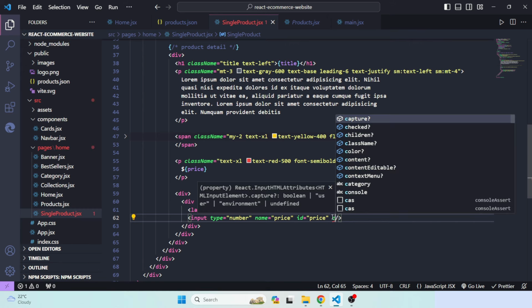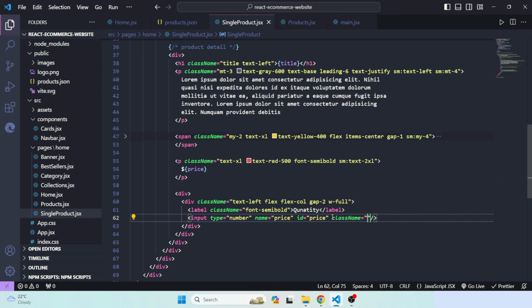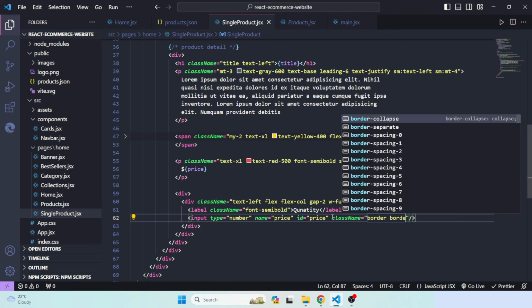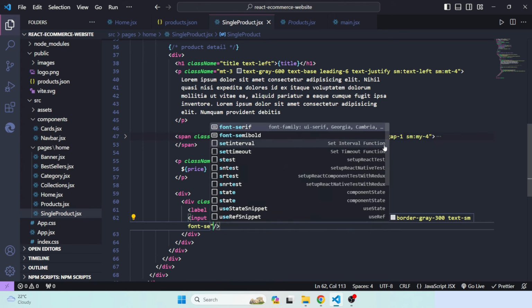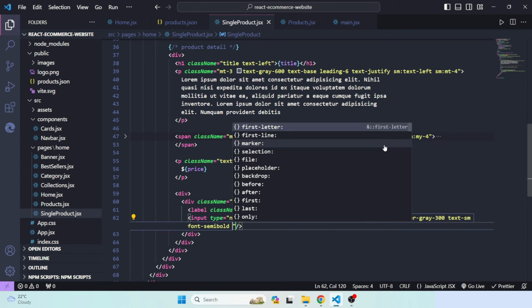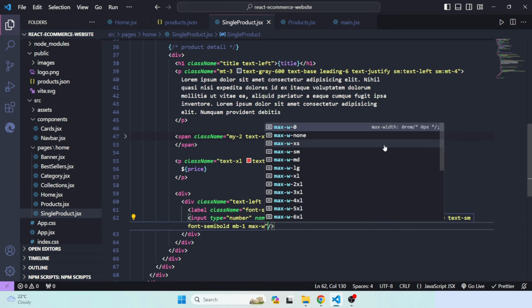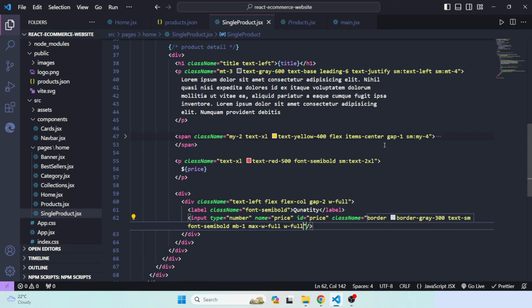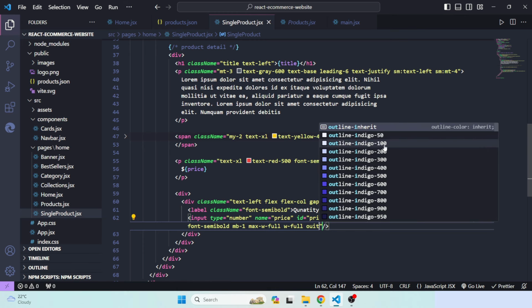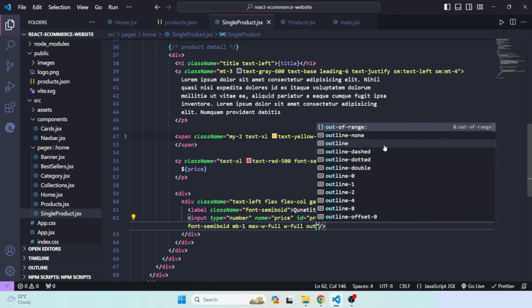Okay, so here we'll have class name, that would be border, then border gray 300, text would be sm, then font semi bold, then we'll have mb1, then max w will be full, then w will be by default full, then outline will be none,